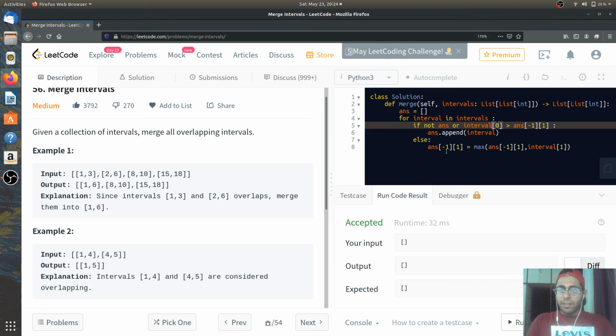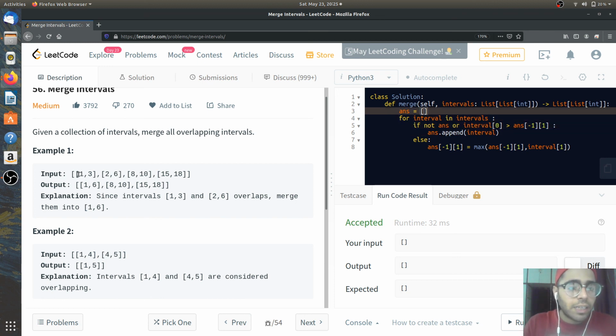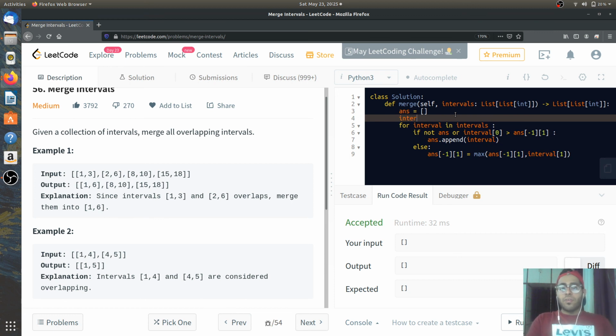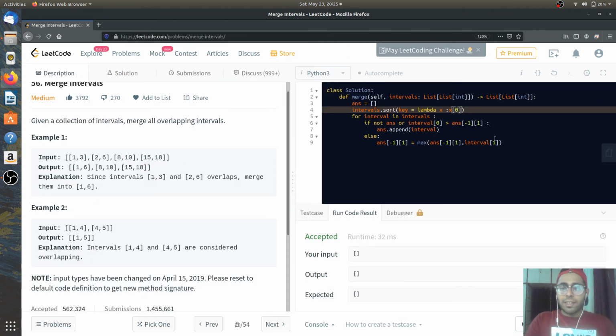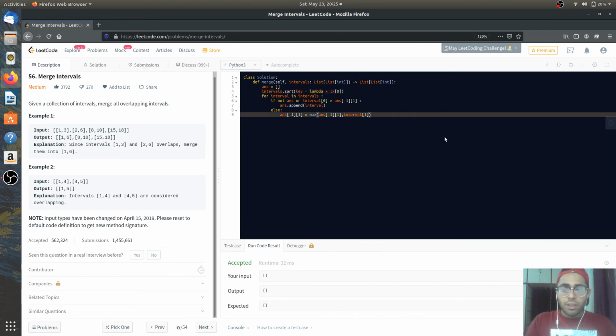And this would be interval. That's why I was supposed to take another variable name, but in this case the intervals were already sorted, but that might not be the case for every test case, so it is better to sort the intervals. So we'll sort them based on the first start, that means the starting time. So yeah, let's sort them. Key equals lambda x of 0. Now they're sorted based on the starting time, and this is our code.